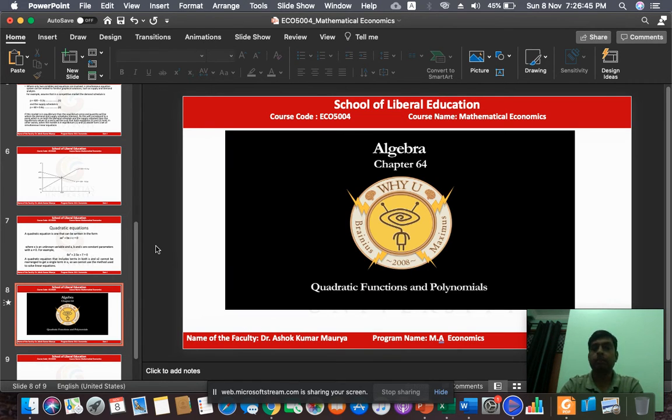Here we discussed the quadratic equation and the linear equation. Both are very important equations, and maximum economic theory is actually based on these equations if we represent those theories in the form of equations. So a straight line or a curvature line, both are important parts of economic variables.